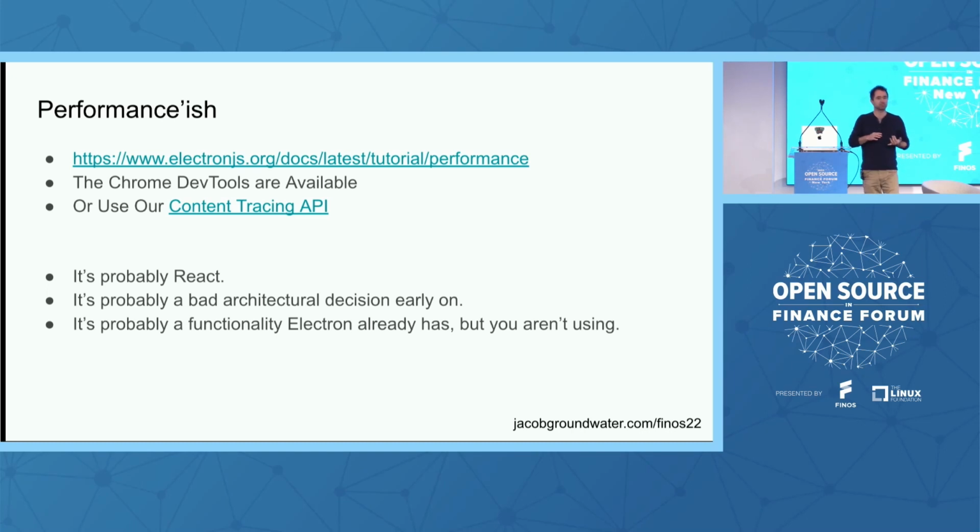Honestly, a lot of the performance issues that people end up hitting are like you have 50,000 items in your React render tree, or some architectural decision you made a long time ago that, because you want a new feature, you haven't had time to go back to. Or Electron does have the functionality. I've literally had someone ask for a feature that we have, but they'd have to re-engineer part of their app to use it. So the request was, can you just make it work with their decision from the past? I guess the point is,